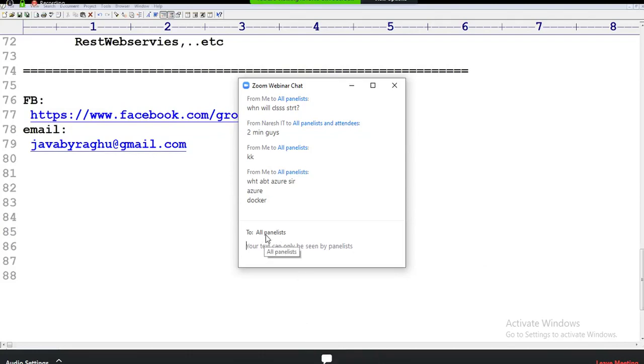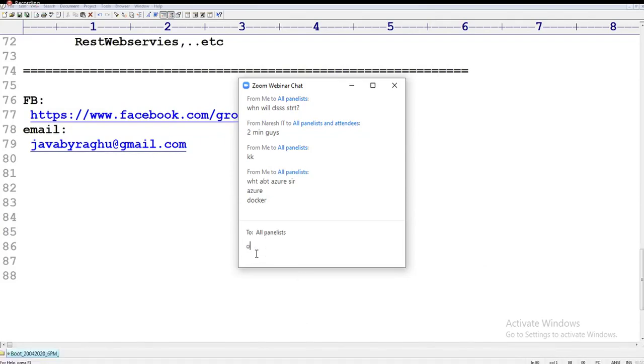AOP covered in Spring, sir. This is Spring Boot. Yeah, some real-time scenarios, mini projects are given. Microservice 40 to 45 sessions are taken. Complete Netflix microservices are given, including cloud deployment. Separate web service batch will be started after a few days, not now. Yeah, internal workflow also given for Spring security.